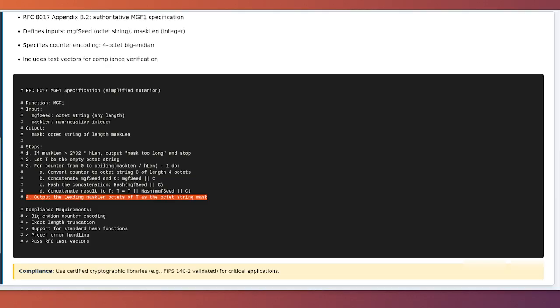Compliance testing involves verifying your implementation against the test vectors in the RFC appendices. The RFC provides several example computations showing specific seed values, mask lengths, and the resulting masks in hexadecimal. Your implementation should produce exactly these results. Additionally, interoperability testing with other implementations is valuable. If your implementation can generate masks that can be verified by OpenSSL's implementation, and vice versa, that is strong evidence